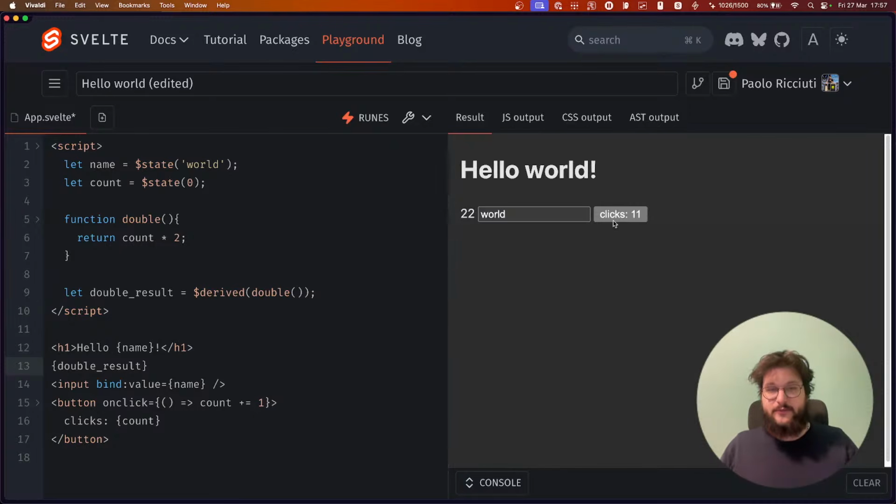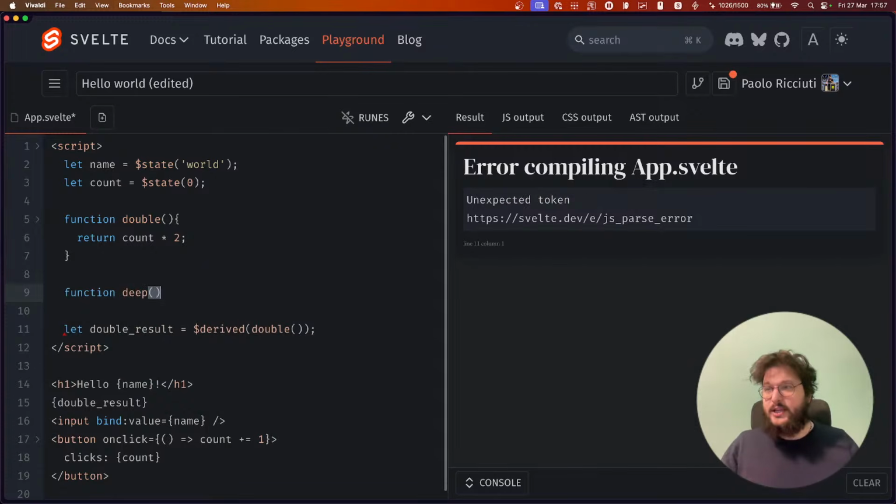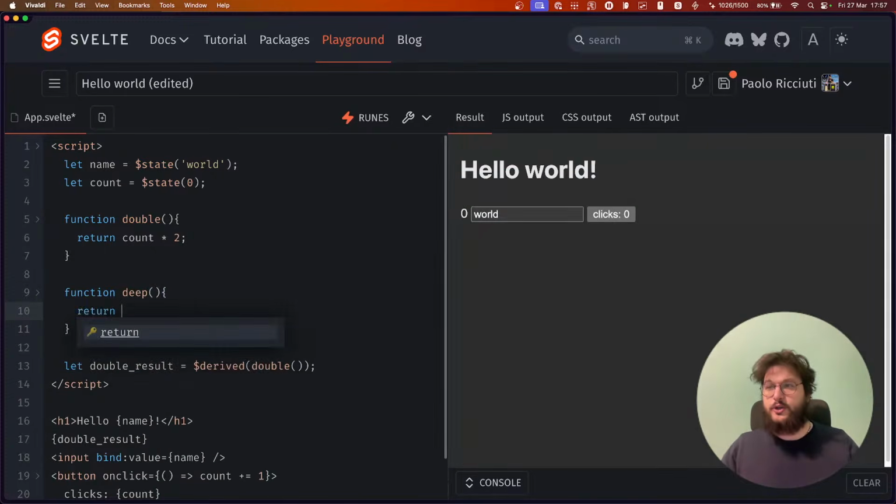The reason is that signals actually work at whatever level you are. So if I do function deep that returns double, and I call deep, this will still work.